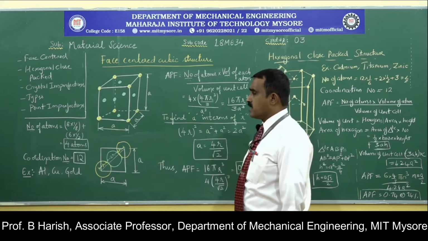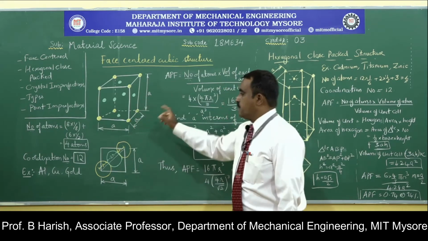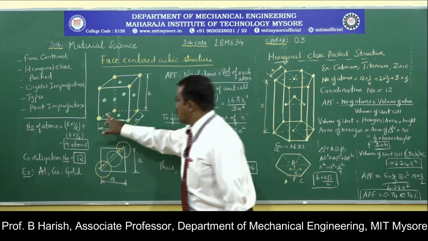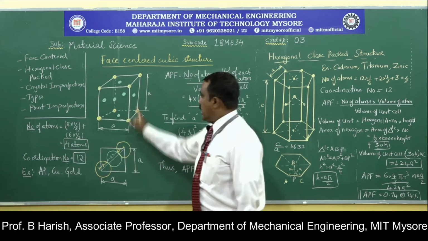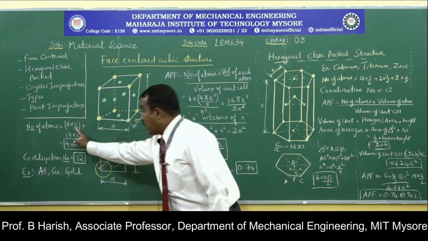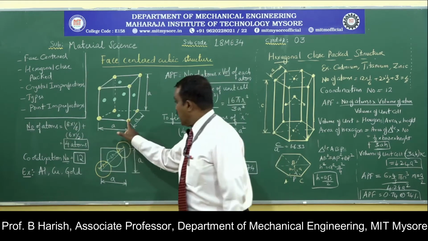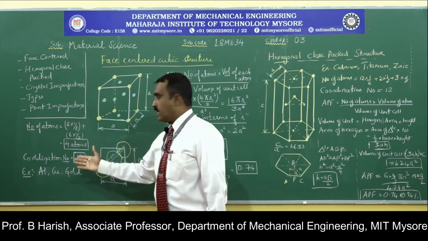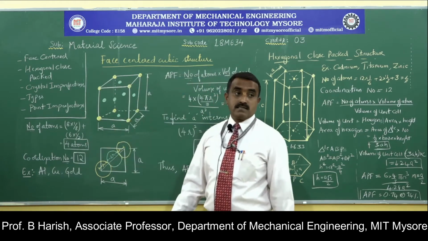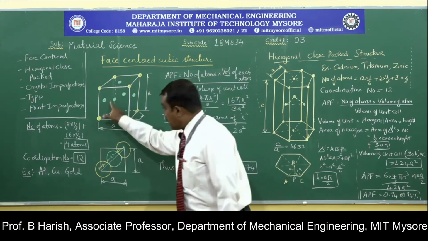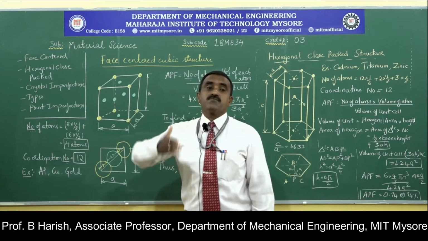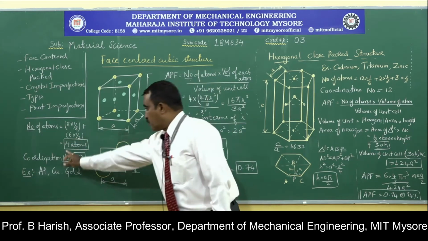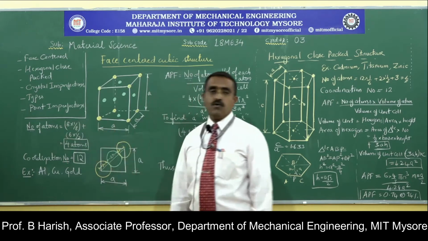Now the number of atoms present in each individual crystal structure. You have seen that 8 atoms will be there, 8 atoms on all the corners. Only 1/8 of each will be inside the unit cell. So if you look at this atom, only 1/8 of it is inside the unit cell. So 8 atoms into 1/8, plus 6 atoms on all the 6 faces. The atoms are present at the center of the 6 faces, and half of each volume will be inside the unit cell. So 6 atoms, half of each inside the unit cell. Put together, the number of atoms present will be equal to 4 atoms.